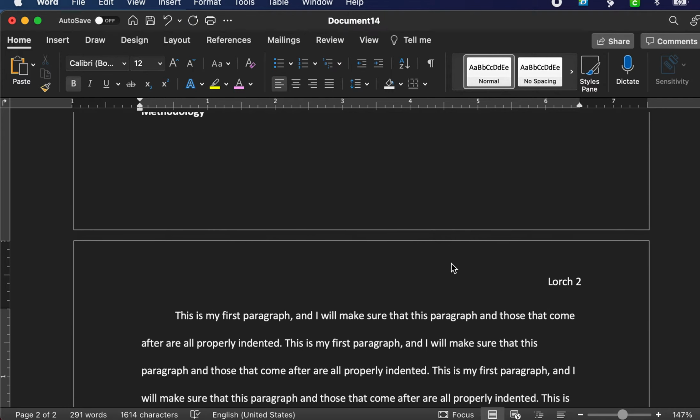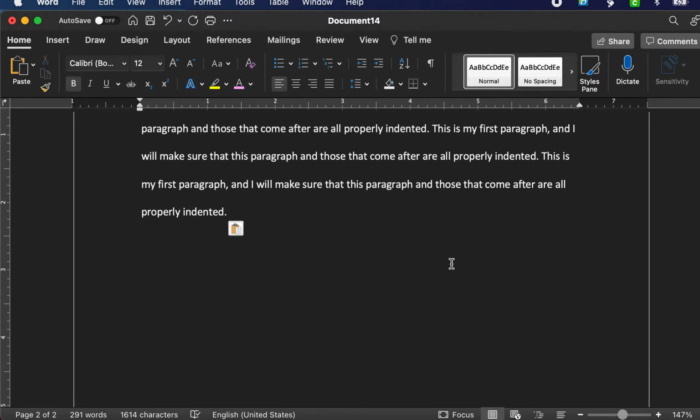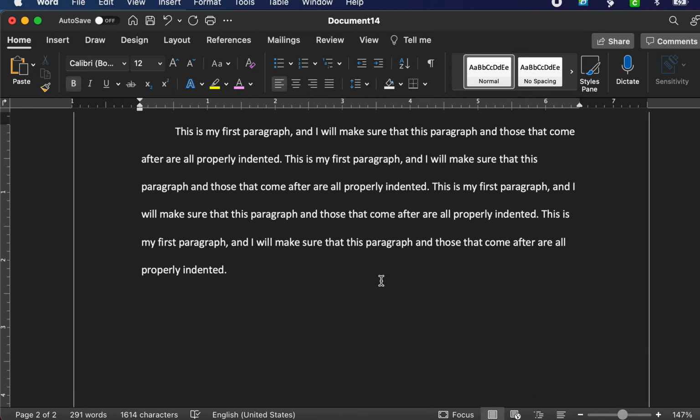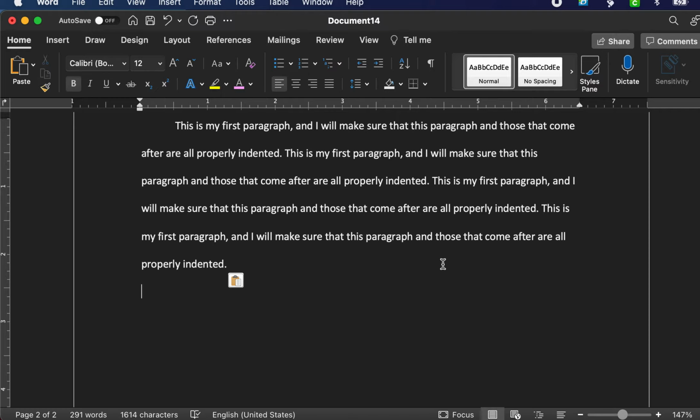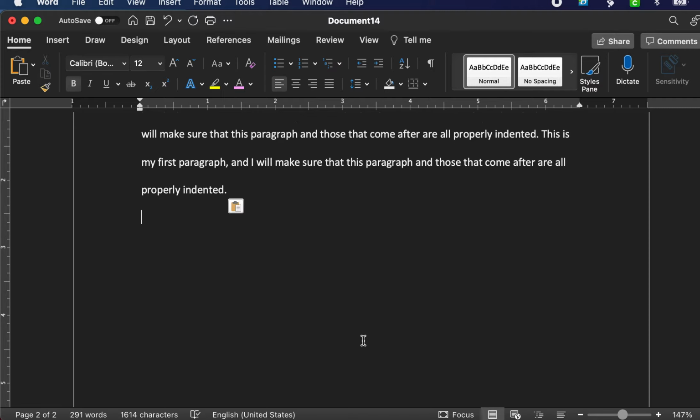So we're going to pretend like we're all done with the paper in terms of writing. Let's say it's kind of a short paper, but that's all right. So the next thing we want to do is add our works cited page. All MLA documents should have a works cited page if there is anything that you have quoted or paraphrased from someone else or anything like that. So that way you can make sure you lead your readers to or provide information about those particular works that